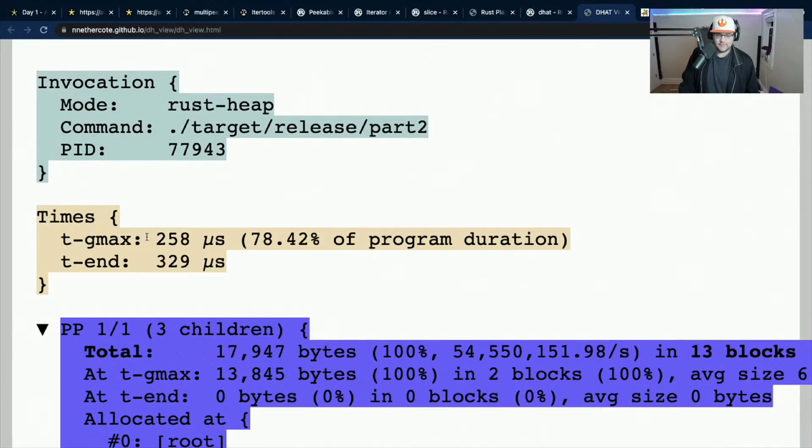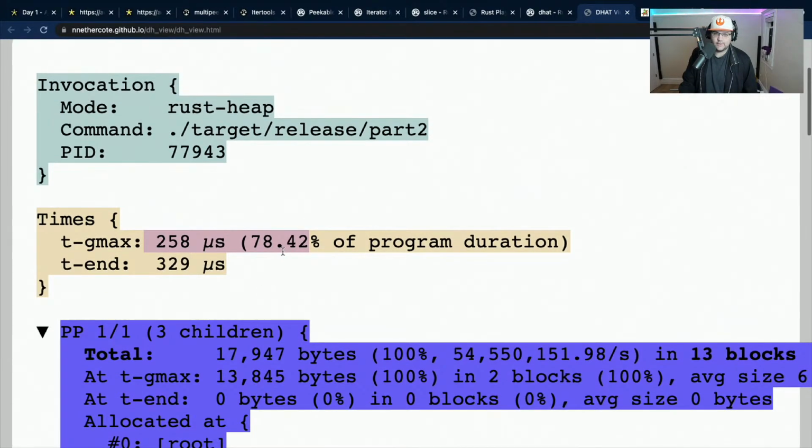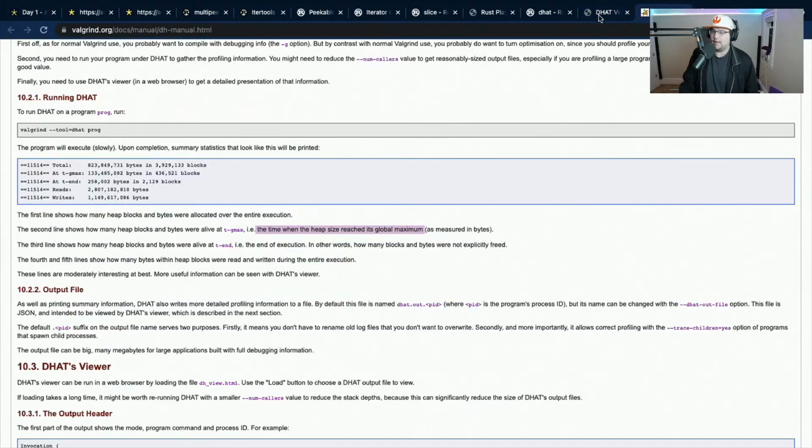So for us, Tgmax happened at 258 nanoseconds, which is about 80% through our program duration. And that's when we had the most allocated, basically, is my understanding. And then T end, I guess, is when everything got dropped. Yeah, the end of execution.